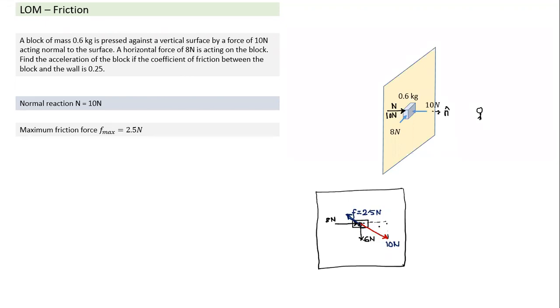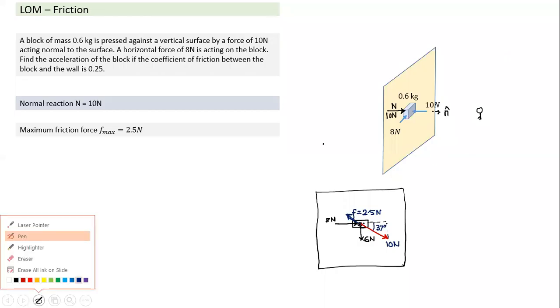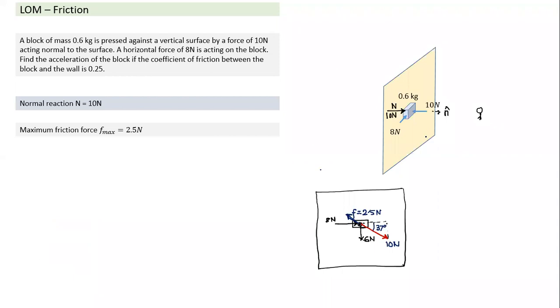The direction, if I have to mark this angle, it will move at an angle of 37 degrees with the horizontal. That's how the block will tend to slide. It will tend to slide. So I hope this point is clear, are you all able to follow? I'm good if most of you understood. And this question, if it is understood, is very good.